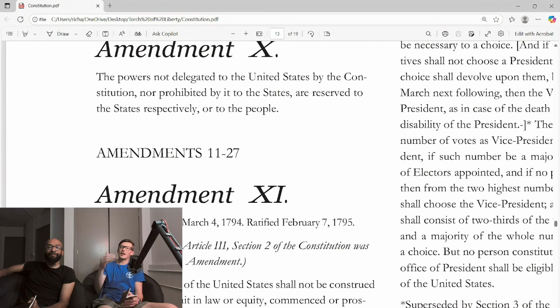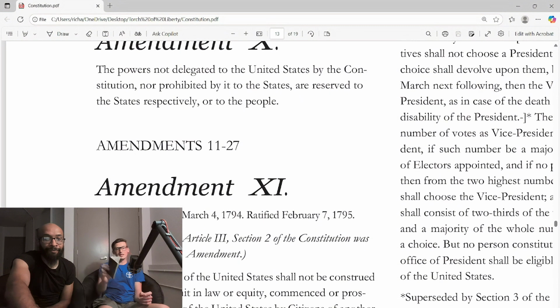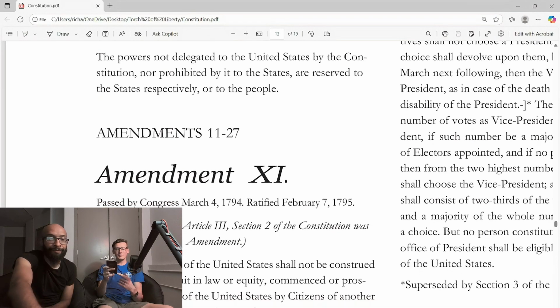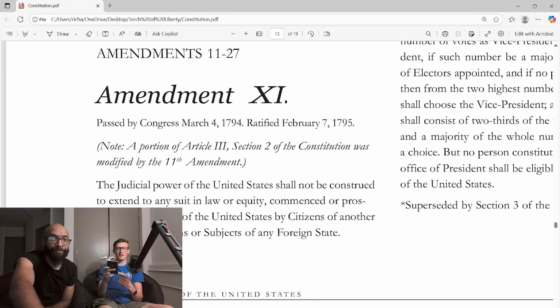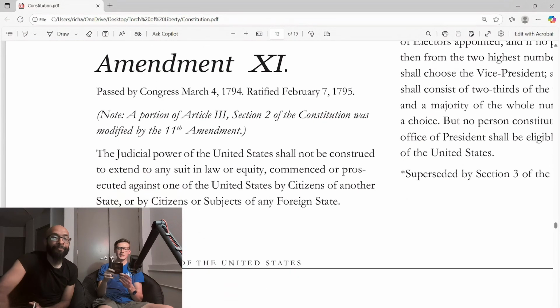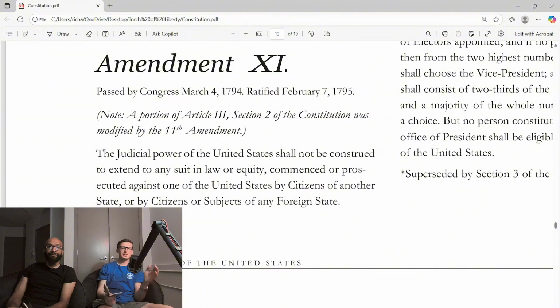And the part I was wanting to get to is number 14, so we shall press forward. In our little booklet, it tells us the day on which each of these other amendments was ratified. So number 11, February 7th, 1795. And some of these do get back into how the government operates, the system of it, not just directly personal rights. But then you'll see by the 13th and the 14th, it goes right back into human rights.